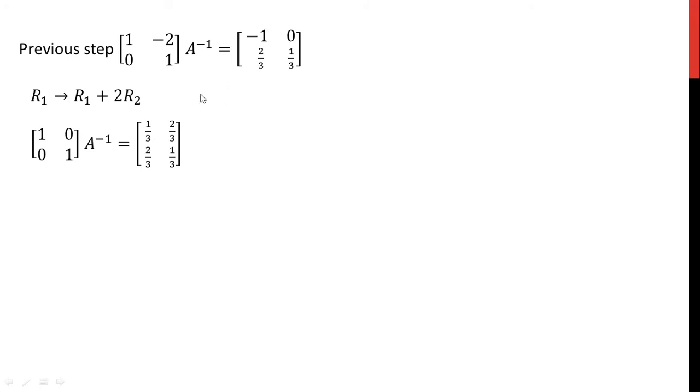Then 0 plus 2 into 1 by 3, so 0 plus 2 by 3 is 2 by 3, and the second row as it is. So hence we get here the identity matrix into A inverse is equal to